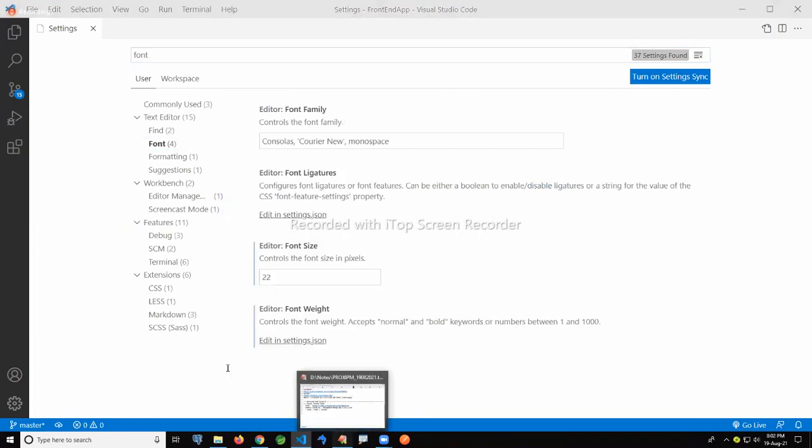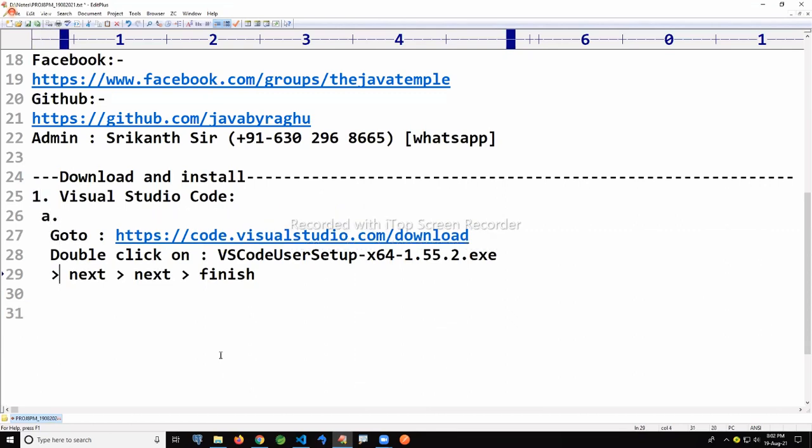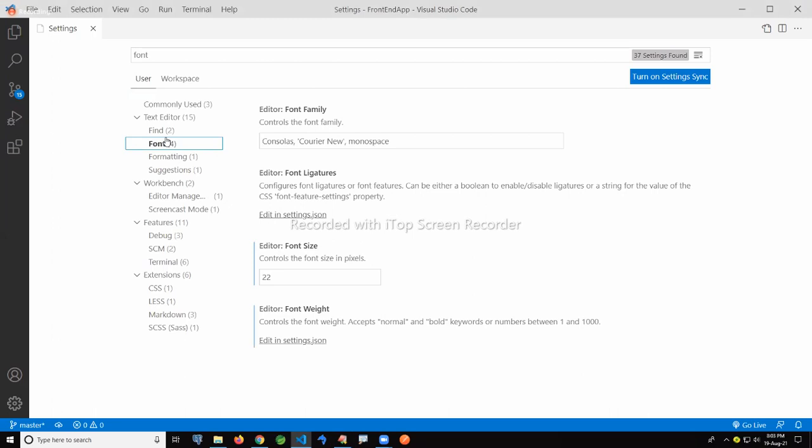So here, second, font setup: file, preferences, settings, search with the font option here. If you search with font, here you will see font.